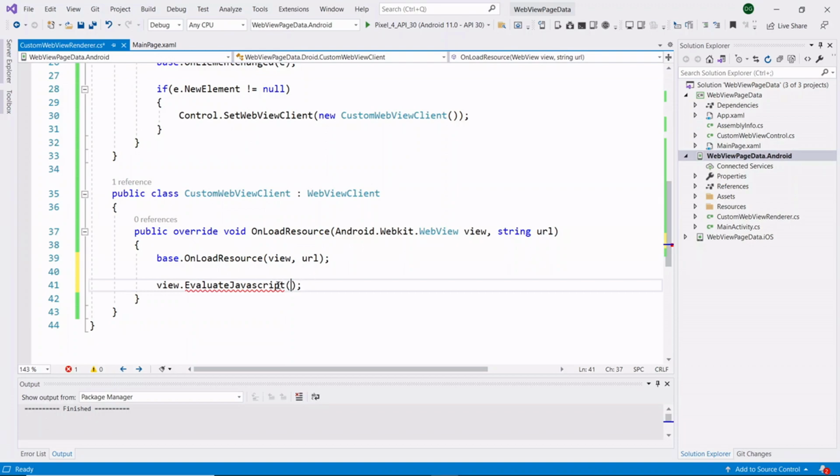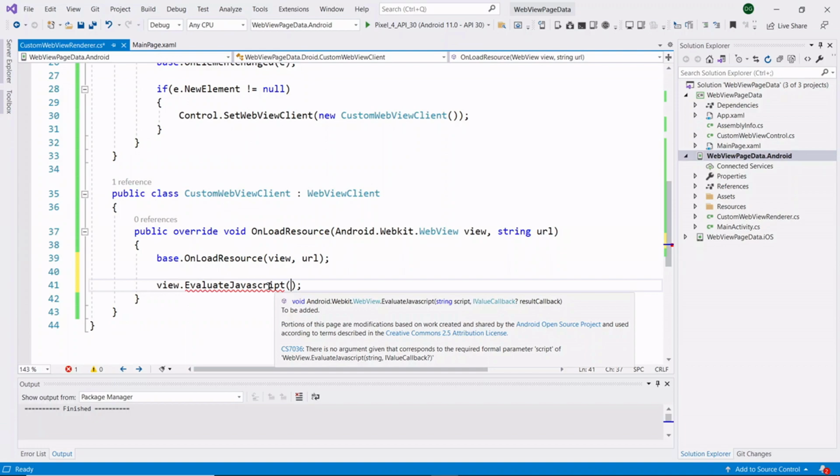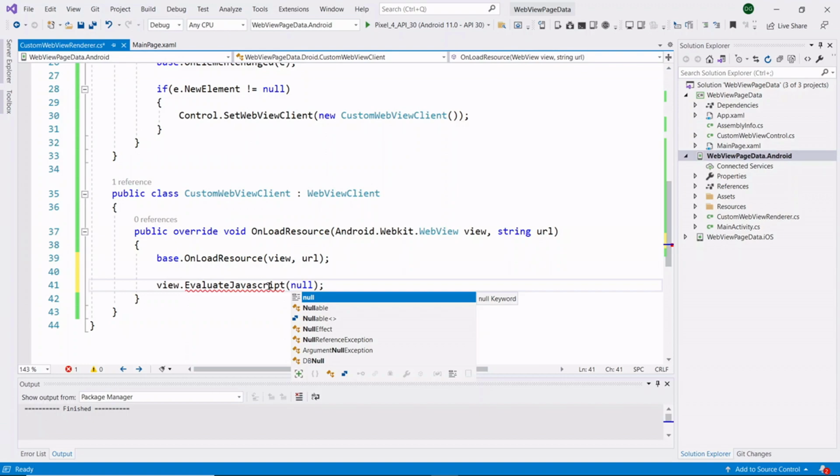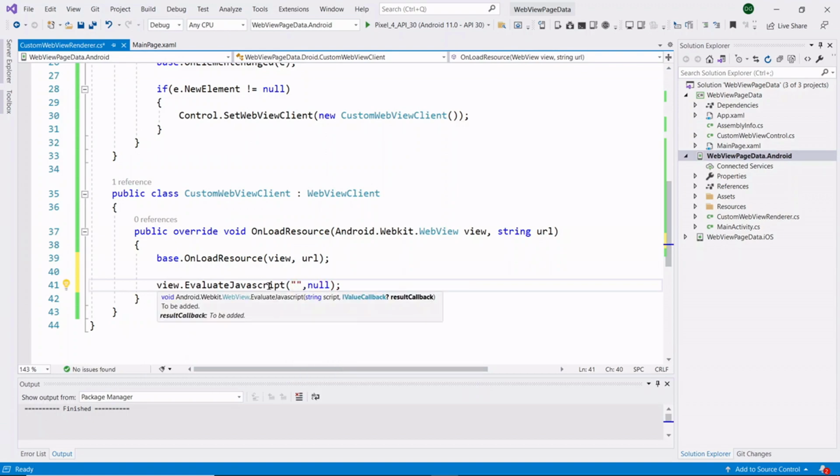So here you can see that EvaluateJavascript has two parameters. One is the script, another one is the callback method. For now, we are giving null for the callback method, and now we need to write the script for creating communication between our WebView page and our application.